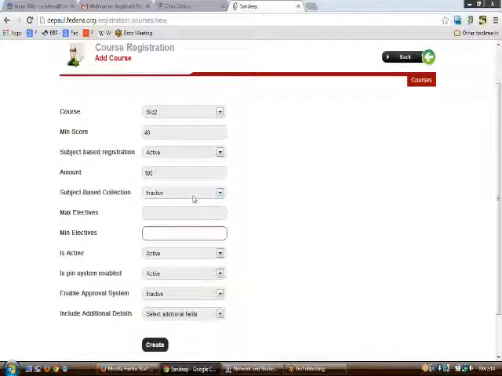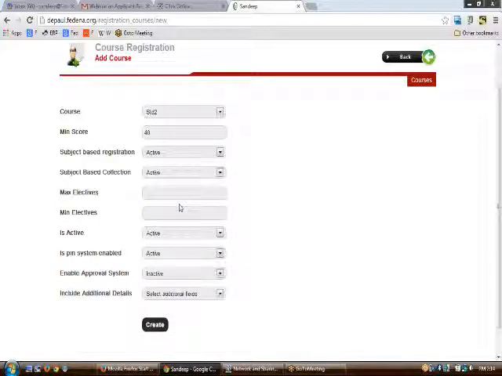But let us say that you have also used the subject-based collection and put it as active. Then, based upon the number of subjects chosen, and the subjects will be assigned some amount from the manage subjects part, based upon the number of subjects that the student has chosen, he or she will be able to pay that amount, and you collect that same amount from the person who is in charge.